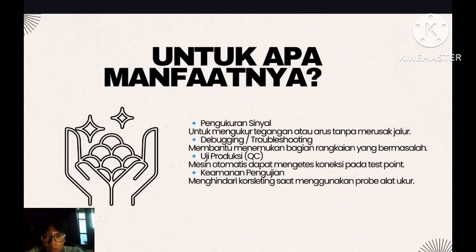Afterward, in the PCB layout, the test point will appear as a small pad that can be used as a spot to attach a measuring probe. For example, in a circuit using an ESP and a temperature sensor, we can add test points on the 5-volt, ground, and sensor output lines to ensure that the signal is properly detected by the microcontroller.